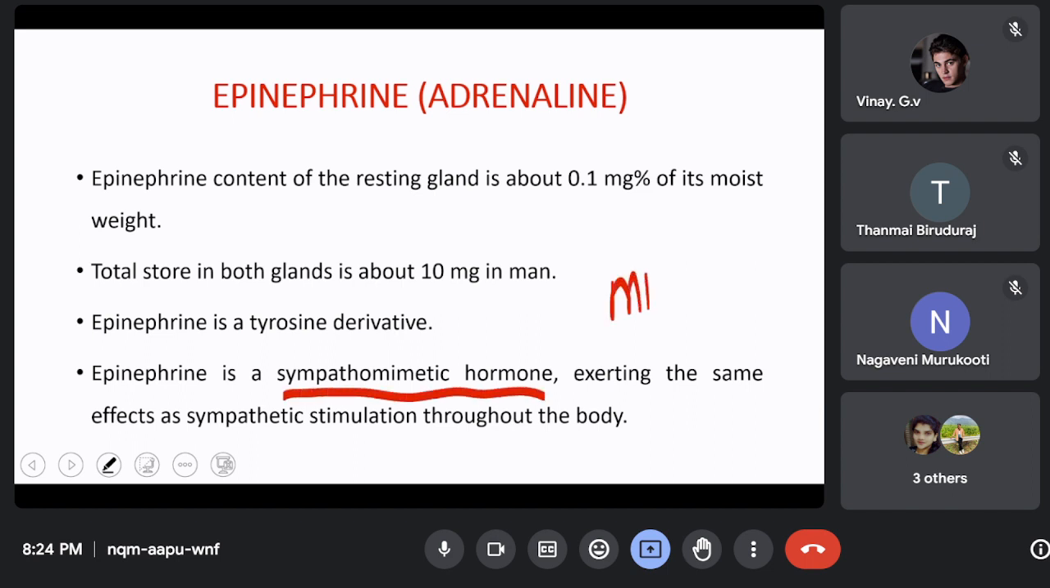Here, mimetic means it is derived from a term called mime. What is mime? What do we call it when you